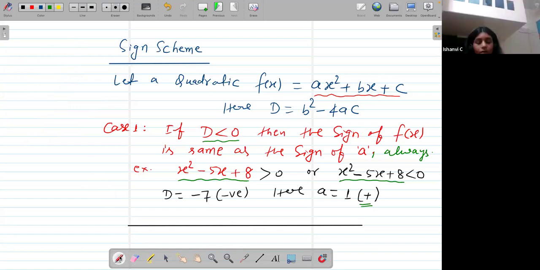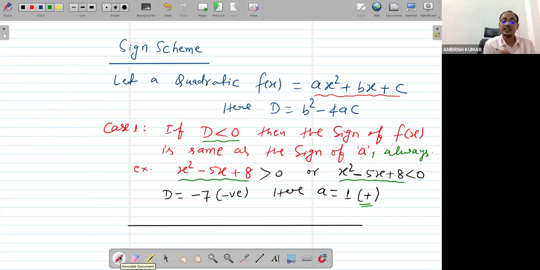Always positive means it will not be negative. It can never be negative. So for the complete number line, this expression is going to take the positive value. Nowhere will it take a negative value. Now, what does it mean? It means that